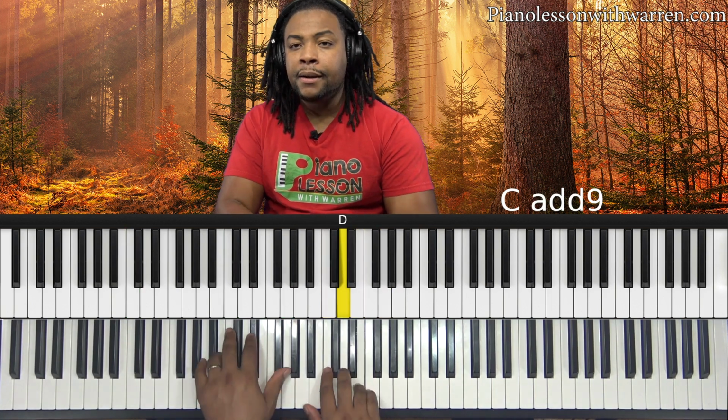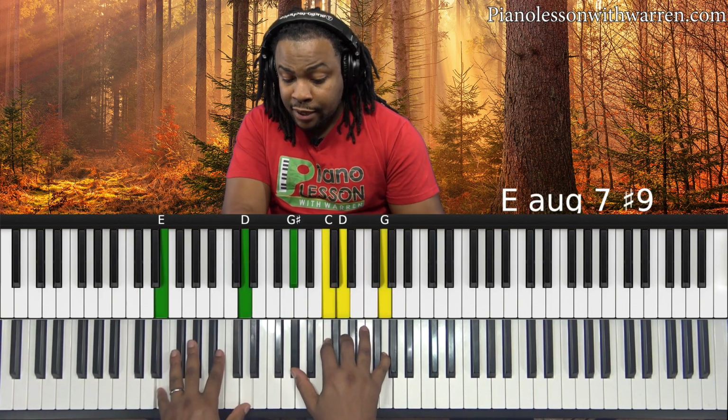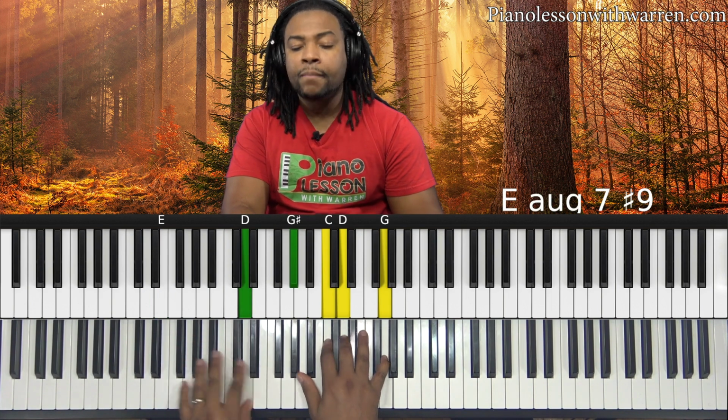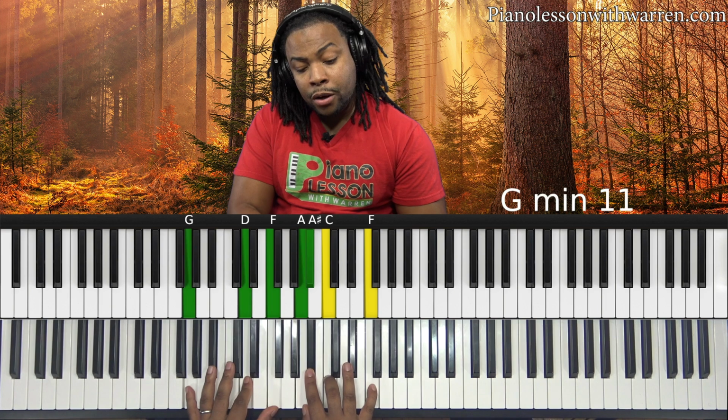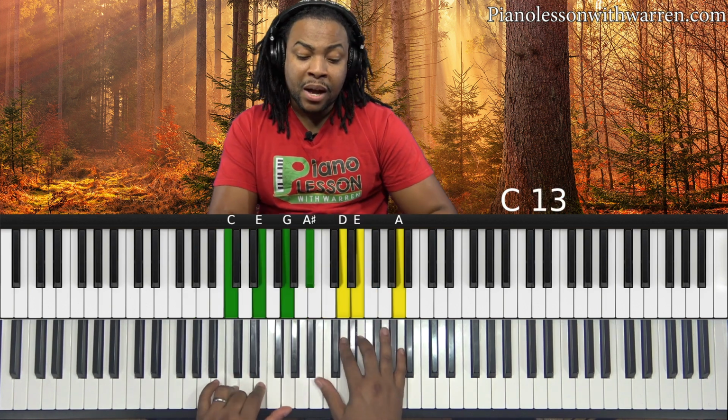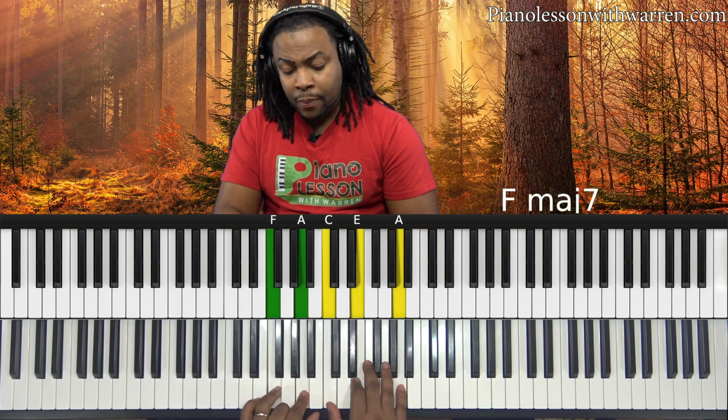As the deer pant, sharp 9, sharp 5. Set for the waters of my soul, long